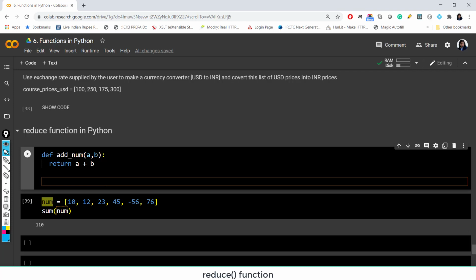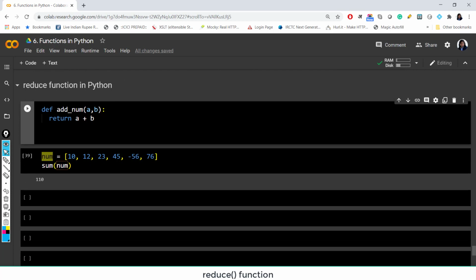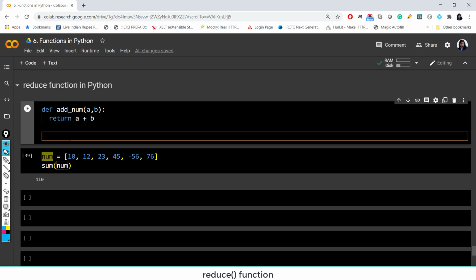Now here we will see how we can use the reduce function to do this task. Before I write the reduce function, let me tell you that for this you can definitely write a lambda function, and the lambda function will look like this: lambda a, b, and this would be a plus b. So it is a simpler way to write a function, right? This is also a part of functional programming, to use lambda functions or anonymous functions. So let me show you how you can use the reduce function here.